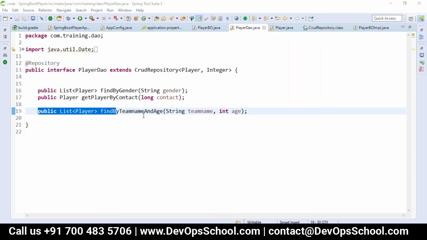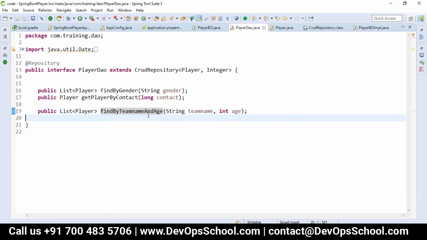Yeah. So this is findByTeamNameAndAge. If you want to do the Or operation, you can use an Or operation. Like this, the method can be constructed. But still, somewhere I need to write a query, in any possibility, or I want to do a range, like salary between some range. I want to write some condition. How will you write your query? I need to provide an implementation.